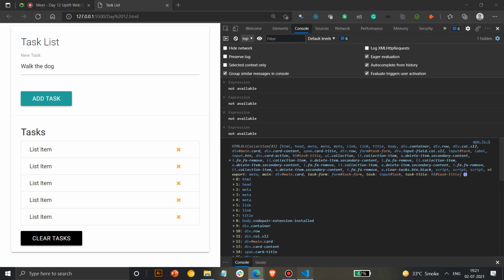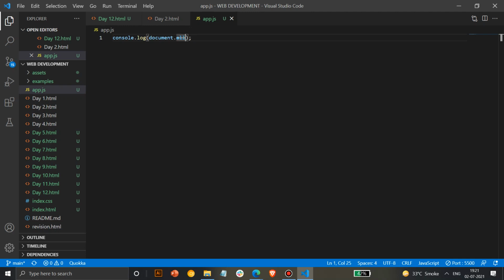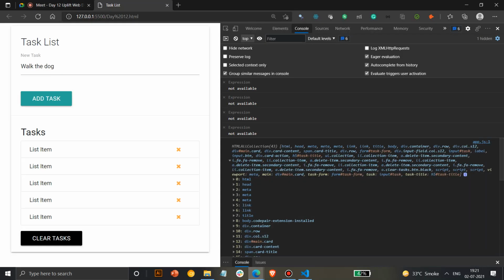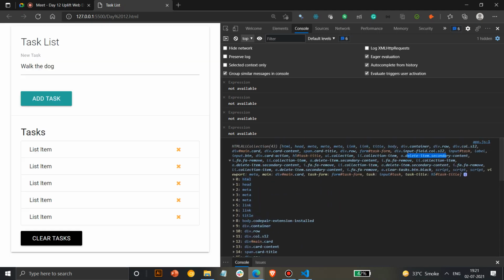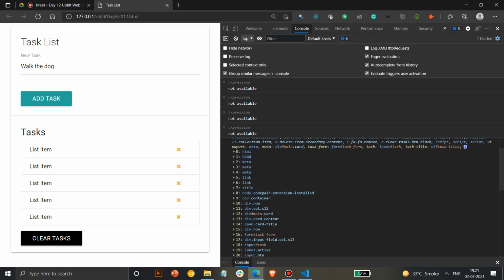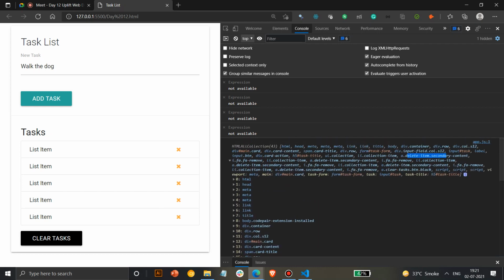Okay, so if we access a particular element with all, like if it's an ID, will it show the particular ID name in the collection? Yes, it will show exact IDs. So if I've used a task title with a hash here, it will show all the IDs for that, and even all the classes. If you have multiple classes too, it will show all of them. Don't worry, it will show all of the elements that are present. It's a detailed list of all the elements. With normal DOM, you won't get such a detailed output. With this, you get a detailed collection output.